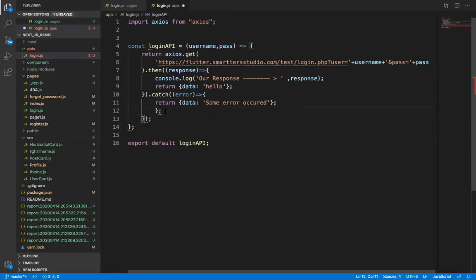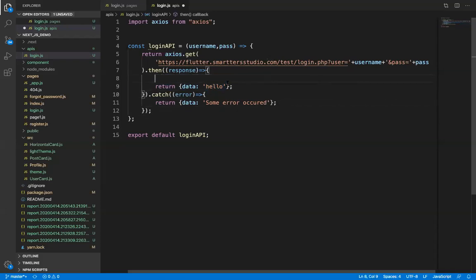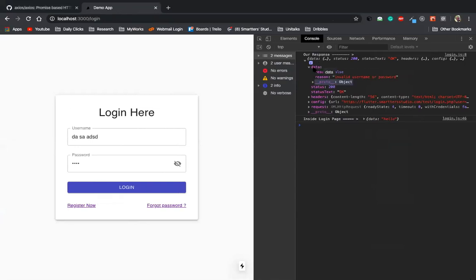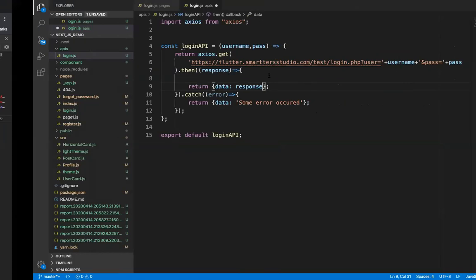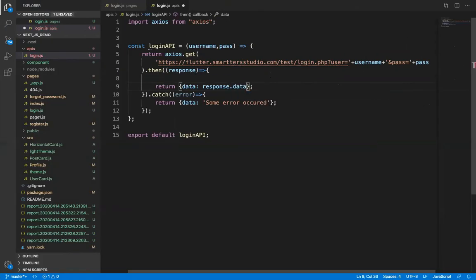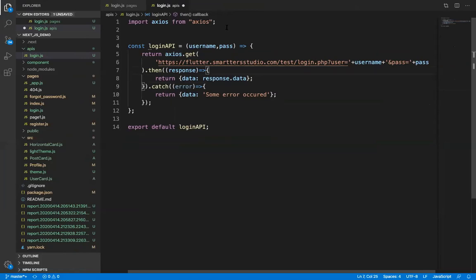And if we are inside the then part, then the server has returned the correct response to us. So inside the data, we will return response. Here we are getting a data inside our response, so we'll just return that data to the parent, the function which is calling the API.